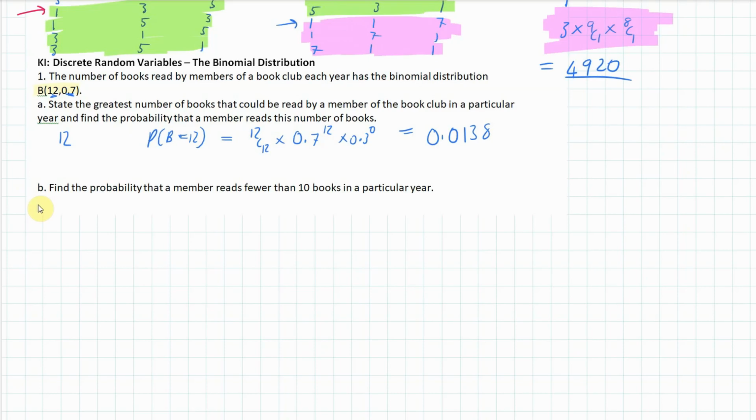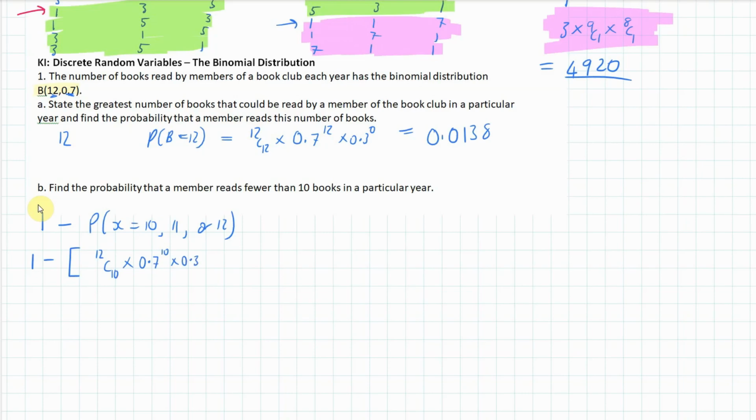Find the probability that a member reads fewer than 10 books in a particular year. Now, the easy way of doing this is we're going to say 1, take away the probabilities of X equals 10, 11, or 12. Now, I've already found 12, so we're going to go 1 minus the probability, and I'll put this in brackets, of X equals 10. So that would be 12 choose 10 times the probability of reading 10, which would be 0.7 to the power of 10, and therefore